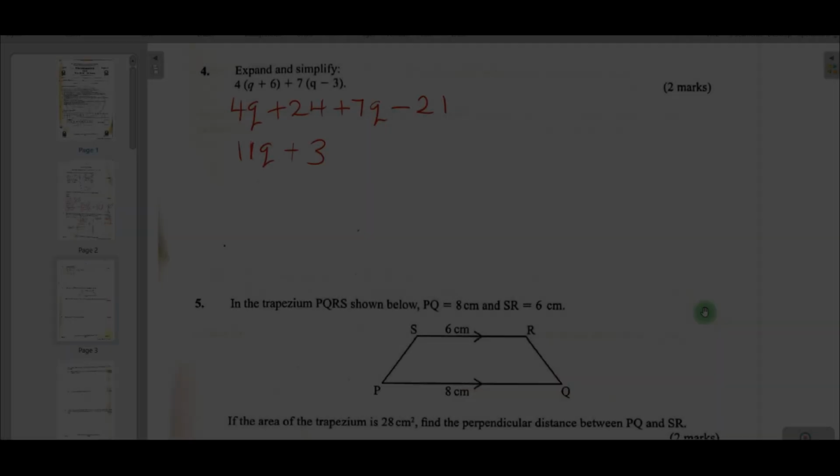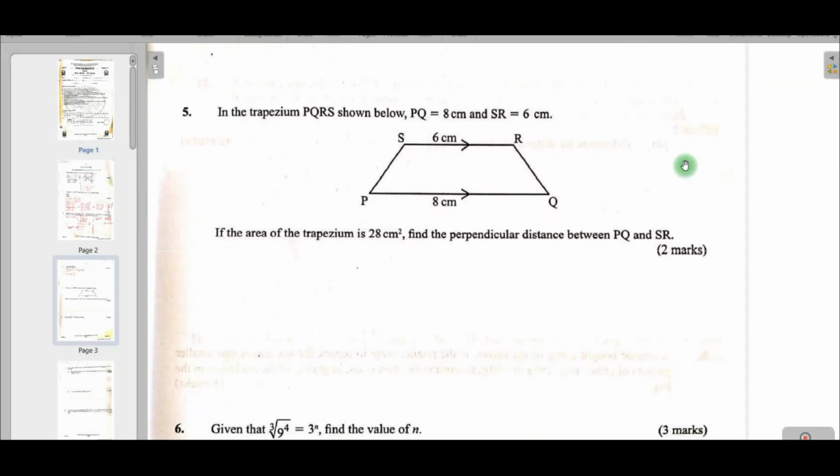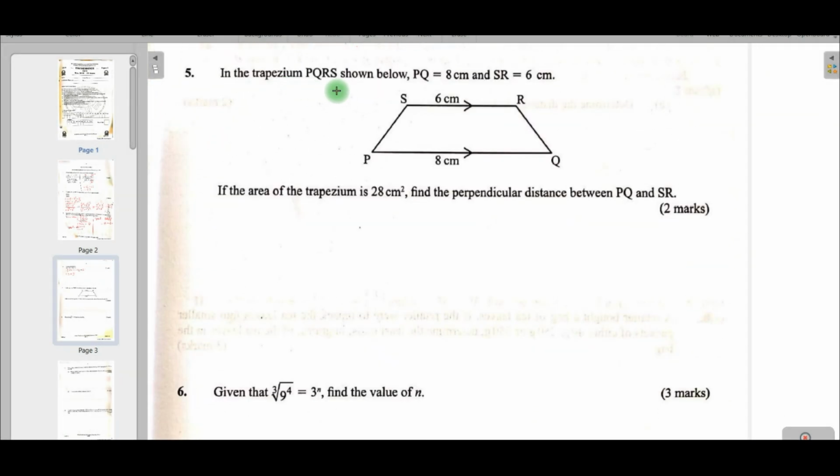We move to the next question. In the trapezium PQRS shown below, PQ is equal to 8 centimeter and SR is equal to 6 centimeter. So if the area of the trapezium is 28 centimeters squared, find the perpendicular distance between PQ and SR. So we need to find the perpendicular distance between PQ and SR. That perpendicular distance, we can say let it be